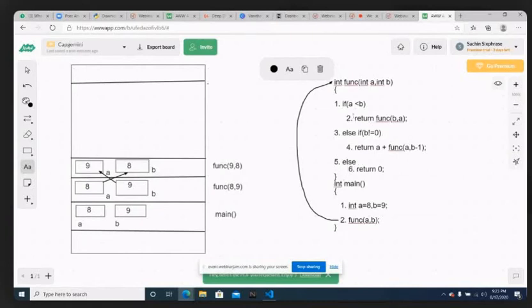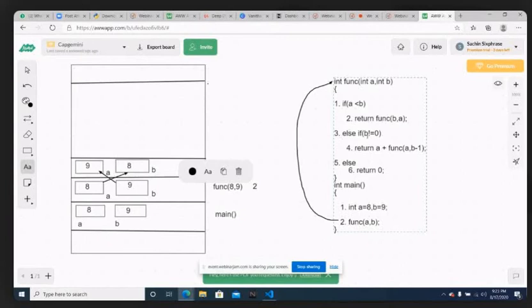Yes, fine. Now, up to which line did we execute? Up to the second line we executed, because we made that recursive call, right? After the second line, we will definitely not execute the third, fourth, fifth or sixth line, because once you enter the if condition, we will not get inside the else if and else. That's the normal logic we use in conditional statements, right? Okay. Now, up to the second line.